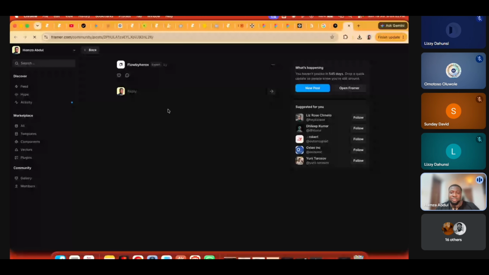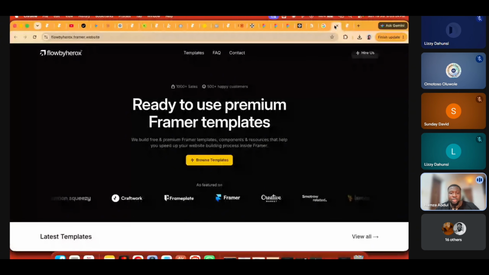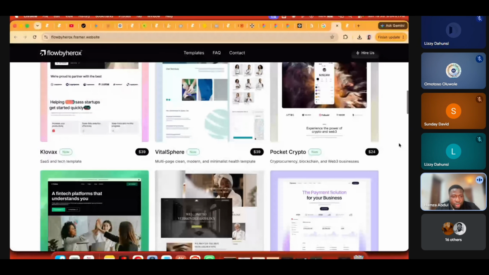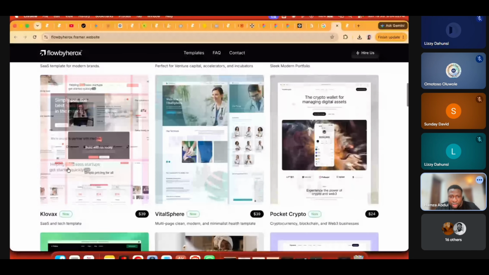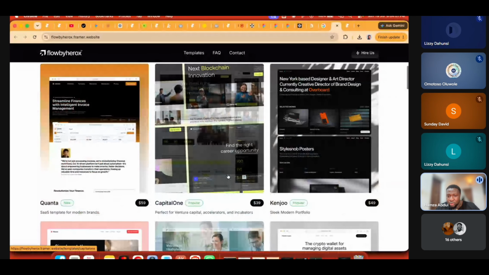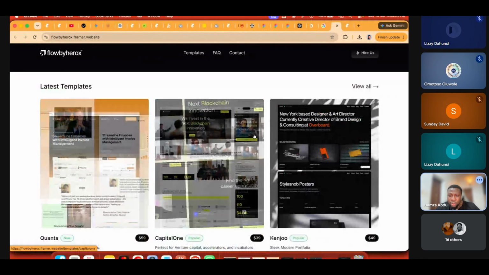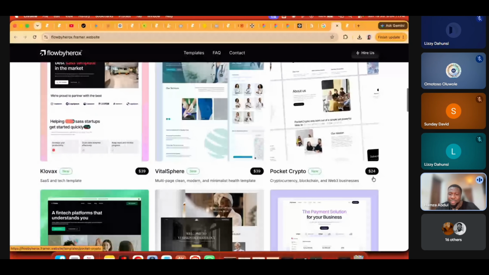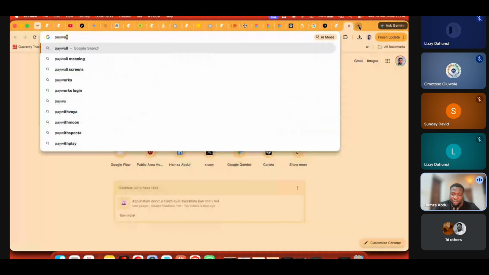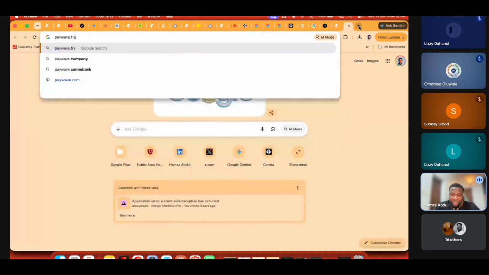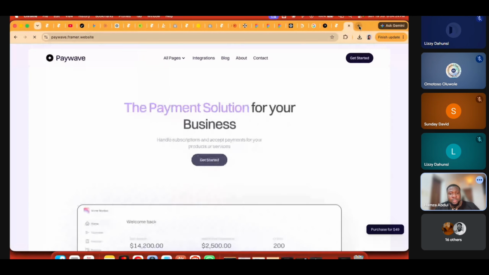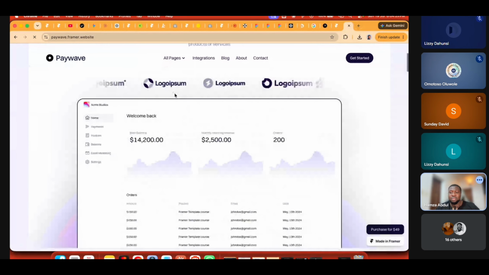So these are some of the templates that I built. Among all of these templates here, I was the one that built this one. No, I'm not the one that built this one. I'm the one that built this one. Yes, this Paywave. Look at it over here. Paywave. That's a Framer website. Okay, I'm the one that built this.